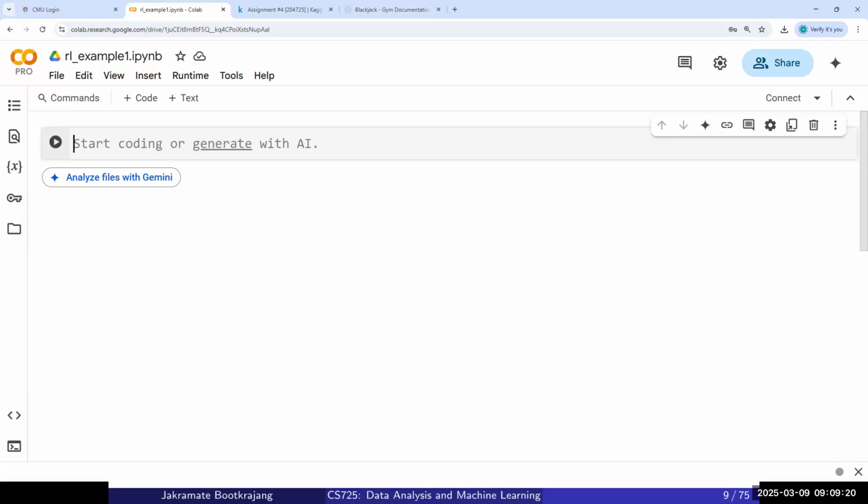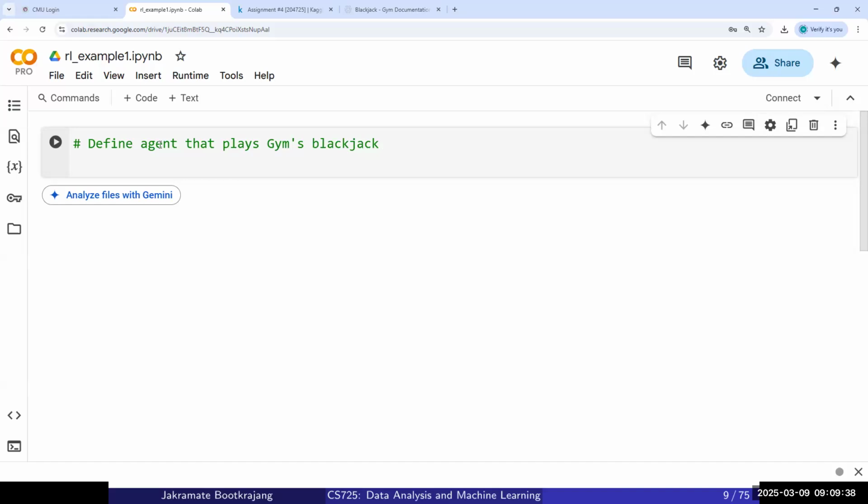Now we use the environment from gym, so we don't have to write code for that, but we still have to write code for the agent. So we will define the agent that plays Gym's blackjack. To define the agent, we have to create a class for the agent, just like when we create a class for a neural network. So we have a class, for example, BlackjackAgent,